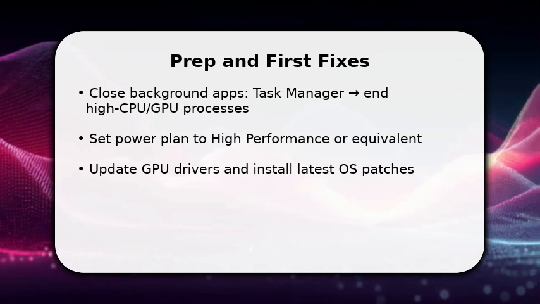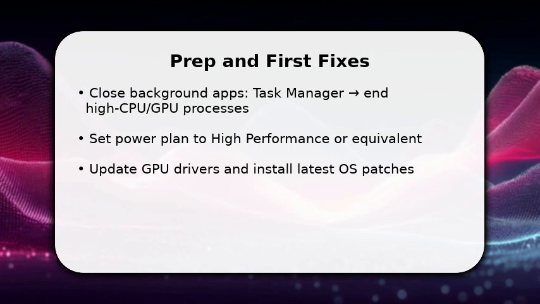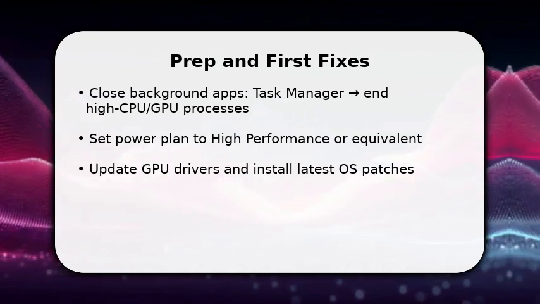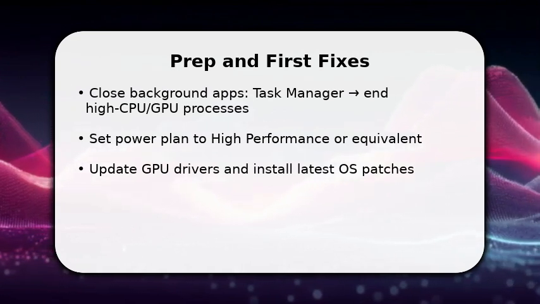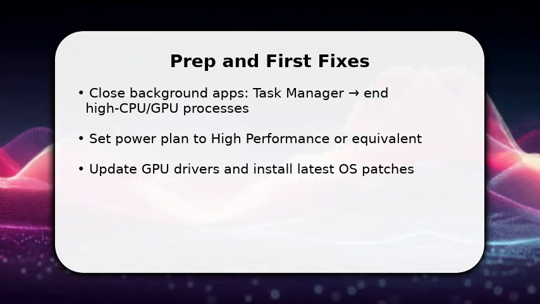Enjoy the video. You start by eliminating easy bottlenecks, close background apps and services that steal CPU and GPU time. Open Task Manager and end high-usage tasks. This frees resources immediately. Next, switch your power plan to high performance to prevent throttling and update your GPU drivers